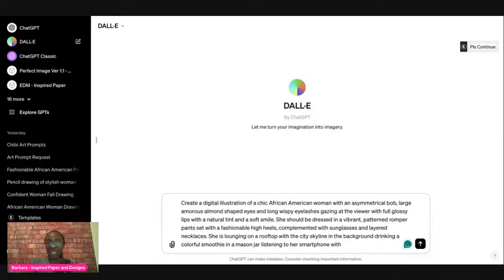Oh, in the fashion magazine? All right, hold on. Drinking a colorful smoothie in a mason jar while reading a glossy fashion magazine. Okay, cool. All right.